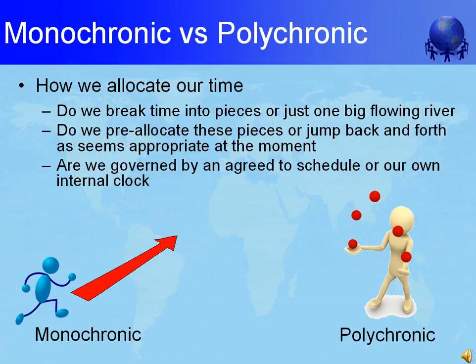Polychrons are the opposite. Although polychrons can meet deadlines, they need to do so in their own way. A polychron does not want detailed plans imposed upon him, nor does he want to make his own detailed plans. Polychrons prefer to work as they see fit, without a strict schedule, following their own internal mental processes from one minute to the next. Rather than feel uncomfortable switching back and forth between activities as monochrons do, polychrons feel switching from one activity to another is both stimulating and productive, and hence the most desirable way to work.